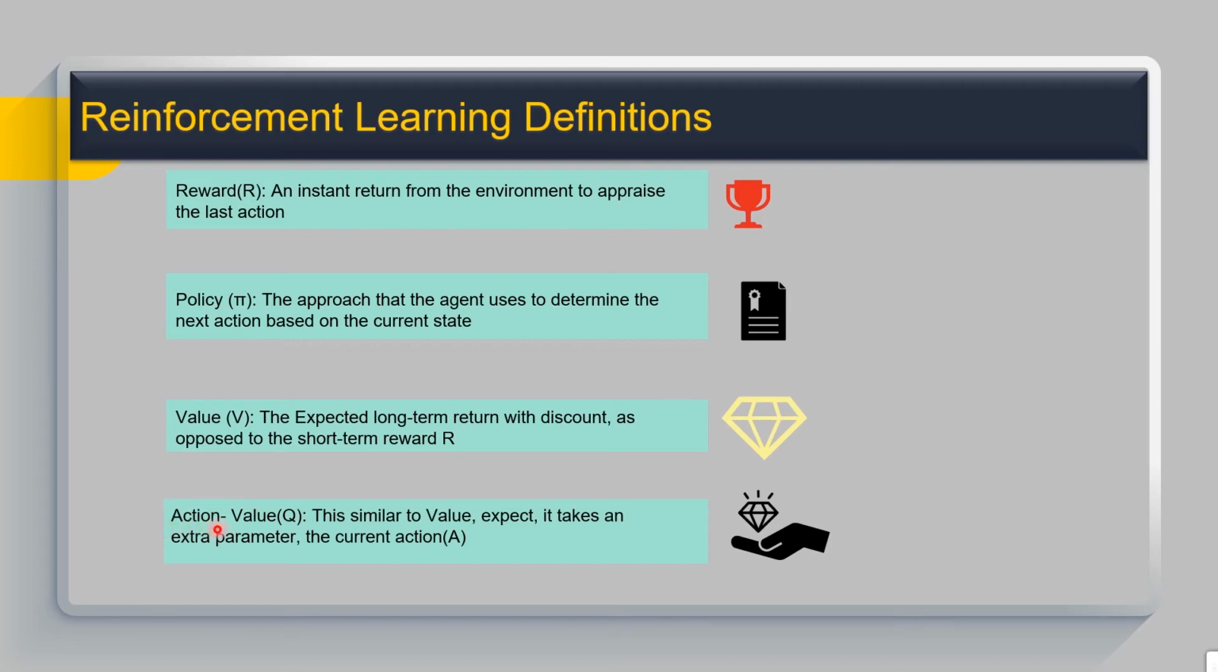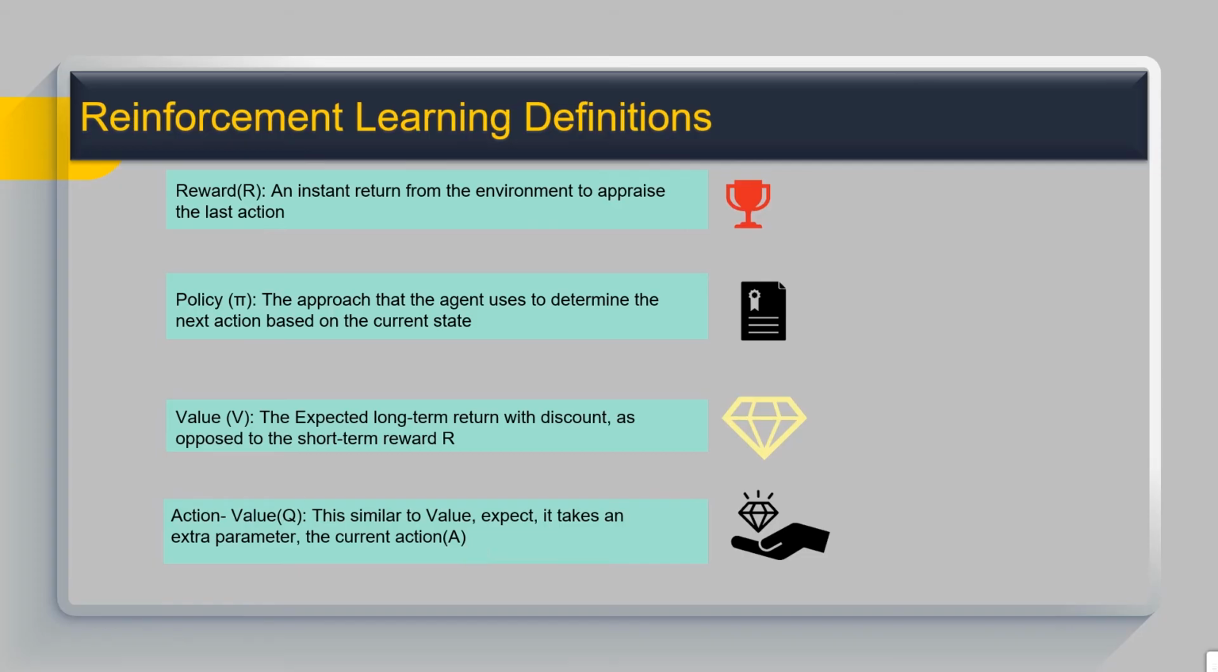Then we have the action value. Now, the action value is also known as Q value. It's very similar to value, except that it takes an extra parameter, which is the current action. So here you will find out the Q value depending on the particular action that you took. So guys, don't get confused with value and action value. We'll look at examples in the further slides and you will understand this better. So guys, make sure that you're familiar with these terms because you will be seeing a lot of these terms